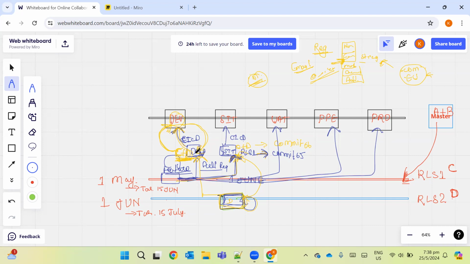Whatever code you are moving on the dev branch, after the feature branch you will have a release branch here. When you are deploying here, you will have the release branch. In case of multiple releases, you cannot deploy the master branch on PP. You must deploy the release branch. So this release branch will be deployed on PP, and on the production date, this release branch